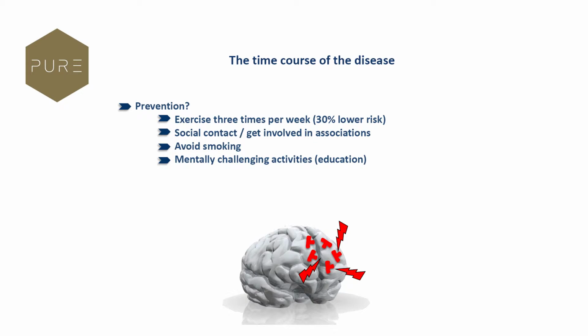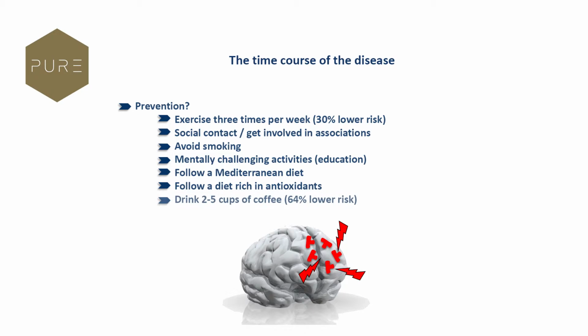Also, mentally challenging activities and high education have been shown to be beneficial. So really, people with especially a high risk should train their brains rather than watching talk shows. They should do mentally challenging activities to keep their brains active and trained. The Mediterranean diet has been shown to be beneficial for mental health, and a diet rich in antioxidants is also beneficial, which is not surprising since free radicals are oxidative stress, and antioxidants like vitamin C, E, and alpha-lipoic acid are known to neutralize